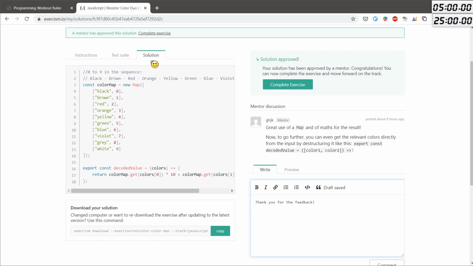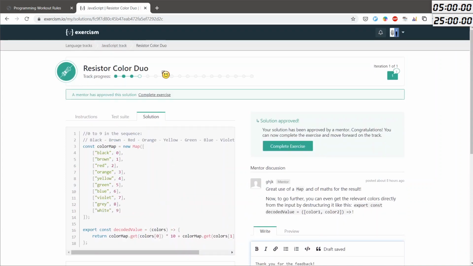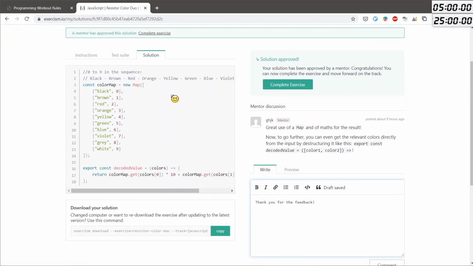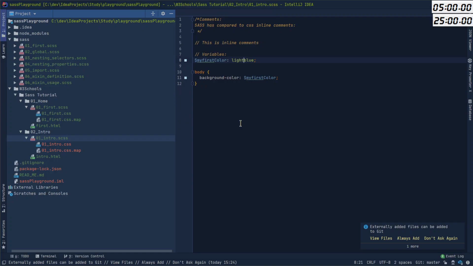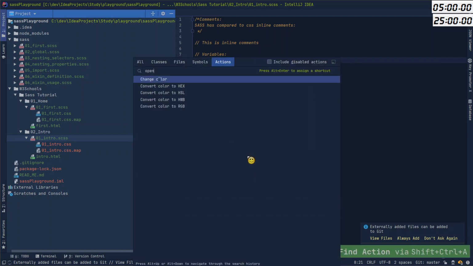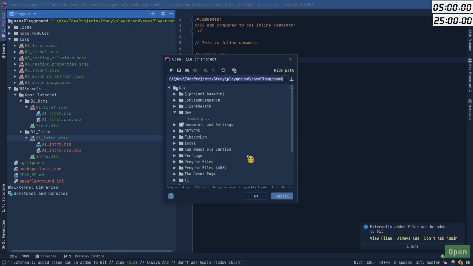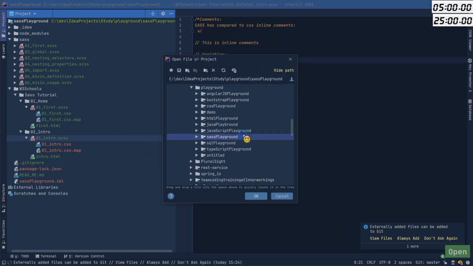Well, this is the Resistor Color Duo project, so I will open that. And do I have an IntelliJ open? Yes. So I will go here, open, and I want, where is it? Playground.